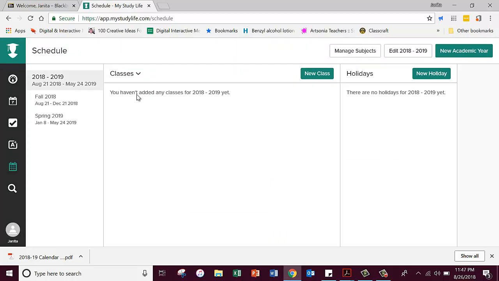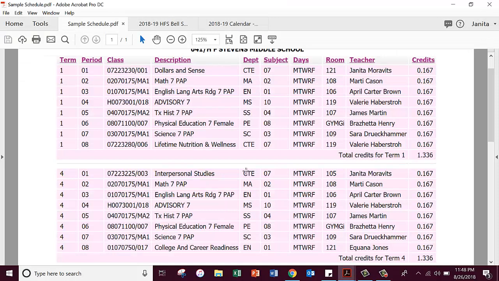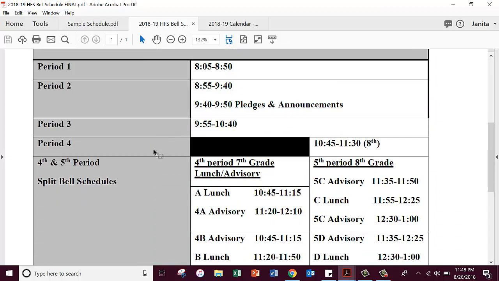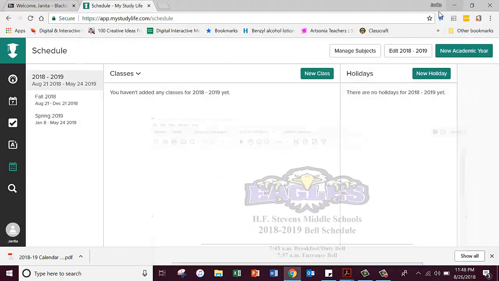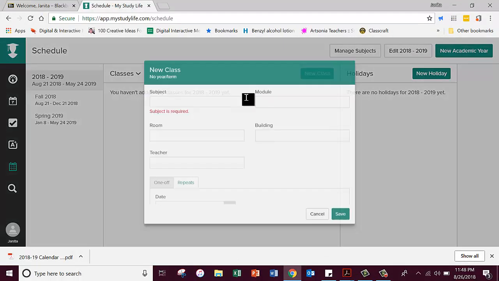Now it says that we haven't added any classes yet. So we're going to go in and we're going to add some classes now. We're going to use this schedule right here. This is just a student schedule here to show you how to do it. And then you can use your own schedule to put these things in. And we're going to also compare it using our bell schedule, because we can tell it what time our classes start and how many minutes they are, and it will keep up with your bell schedule on here as well. So let's go here. We have a new class,